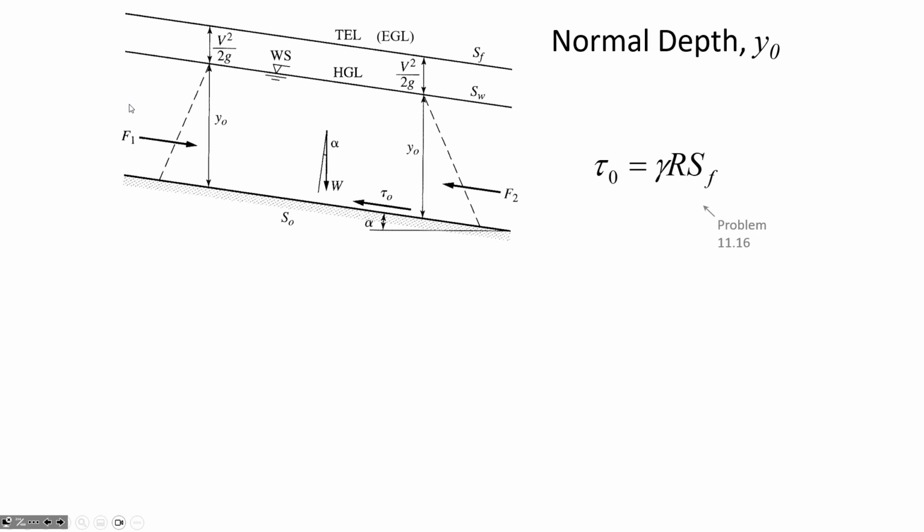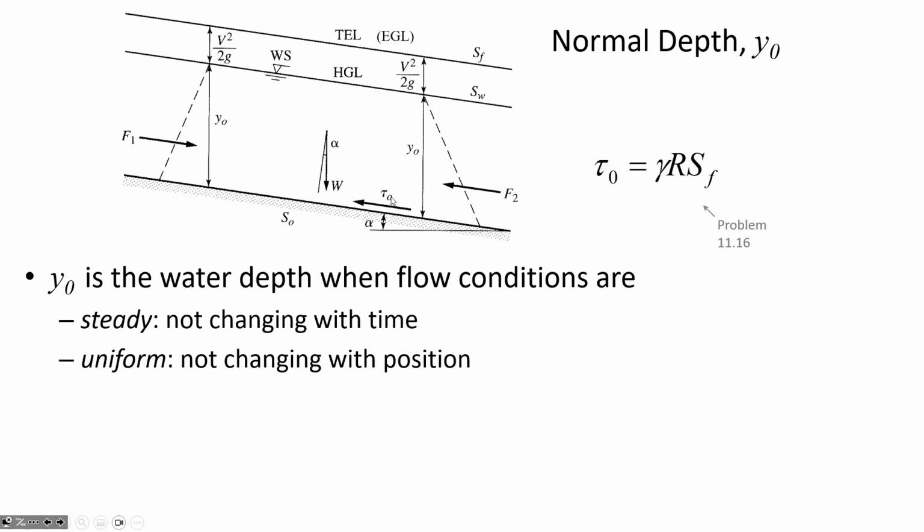Okay, so steady uniform flow means that the water depth is not changing in the direction of the flow, the velocity is not changing in the direction of flow, and the slope of the energy grade line suggests that there's some head loss that occurs. It's not head loss due to pipe friction because this isn't a pipe, but it's friction that the water is experiencing as it flows over this surface. Like this surface is applying a shear stress. It's resisting the movement of the water downhill. So the surface is pushing against the water, and